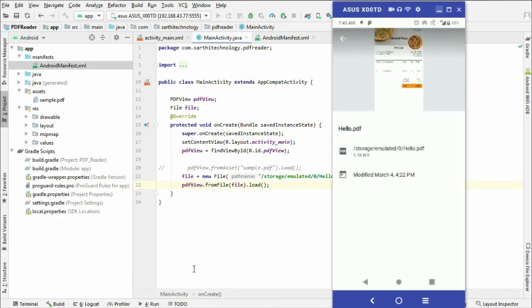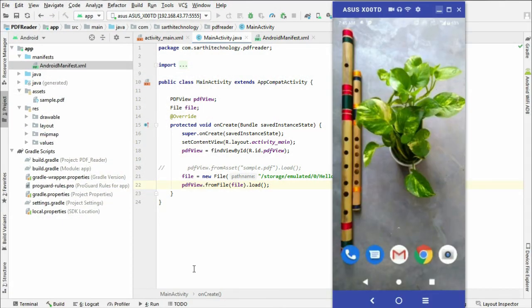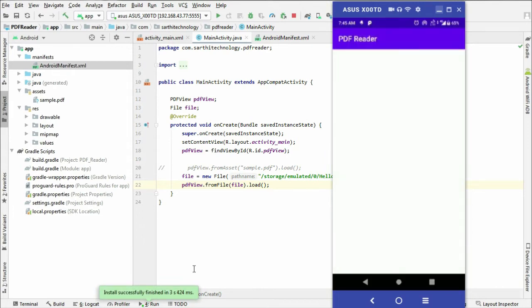In the first time you will see that PDF will not load. Here you can see application is running but PDF is not load, because we also need a runtime permission, and for that you can add code here, but for simplicity I am just manually enabling the permission.